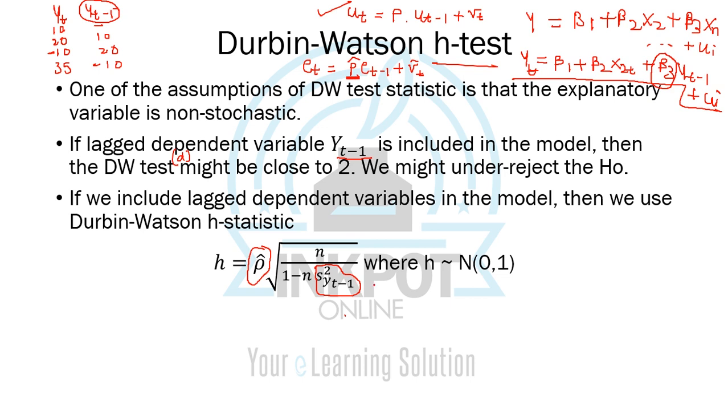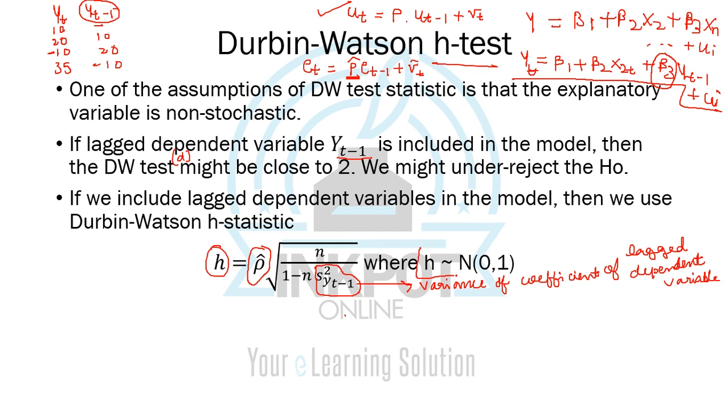So s squared yt minus 1 is the variance of the coefficient of the lagged dependent variable. We basically calculate the H statistic, and this statistic will follow a standard normal distribution with mean 0 and